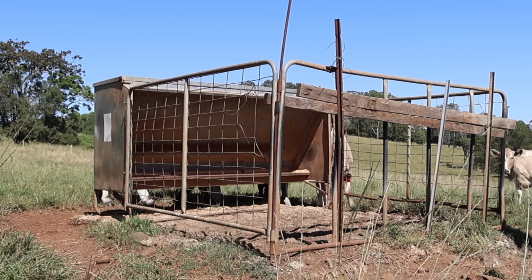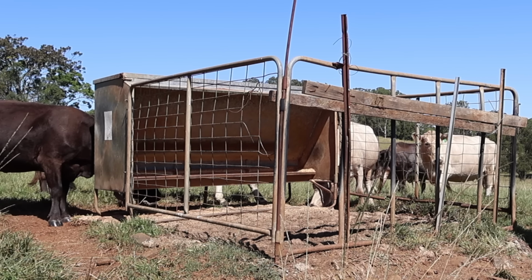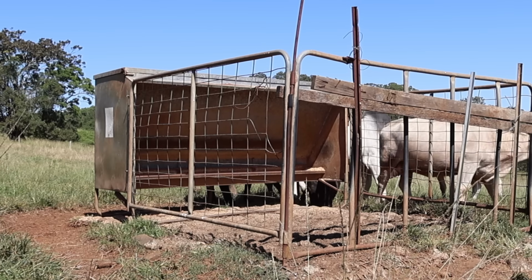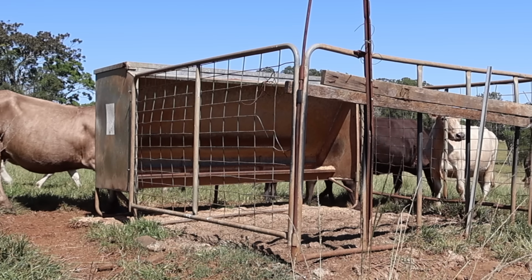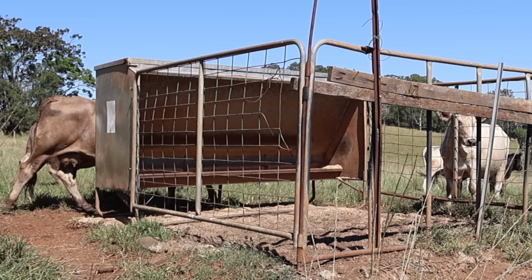So you've got quiet calves, well finished with a little bit of grain through the crib feeder. Yep. How long do you have them on the grain in the crib feeder? The calves will probably start on the grain at about 5 months. Yep. And they don't get a lot, so they'll graze during the day. They might come in and get a bit of grain. Yep. It just allows them to get that nice good fat cover. And I suppose when it comes time to weaning, there's not that weaning shock on them either, is there? Yeah, no. So when we wean...